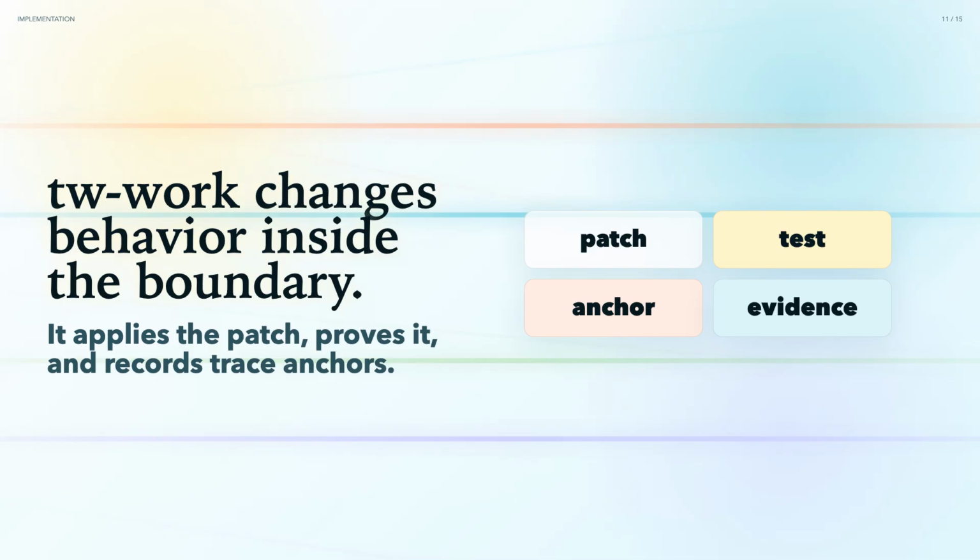tw work is the implementation step. It changes code, docs, scripts, or fixtures inside the approved boundary. It should keep the work test first where possible, run the relevant verification, and link behavior-bearing changes back to requirement and evidence anchors. After work,